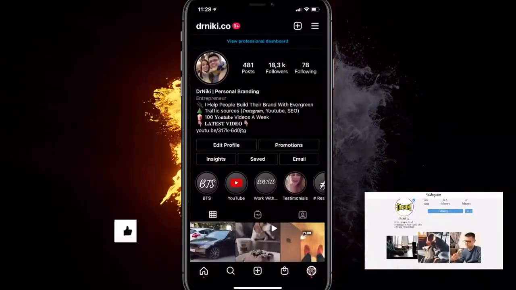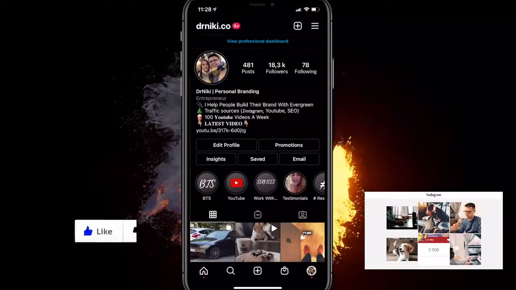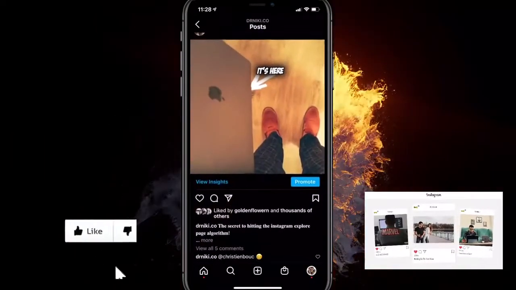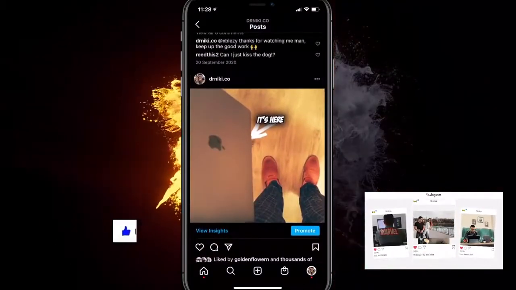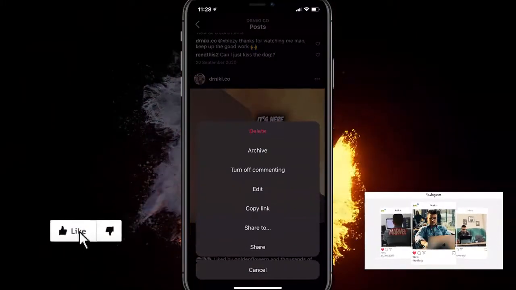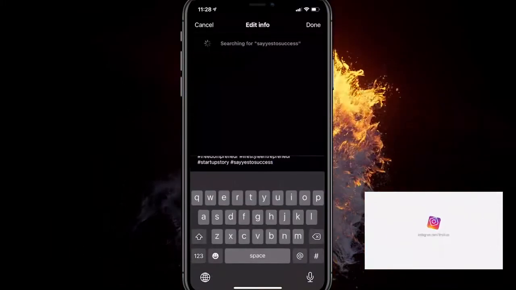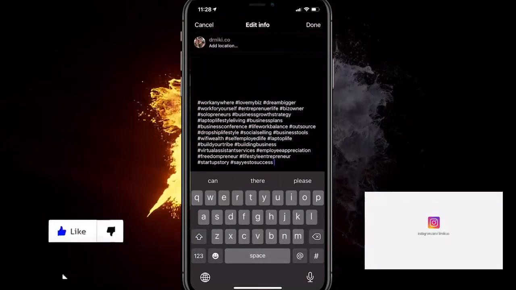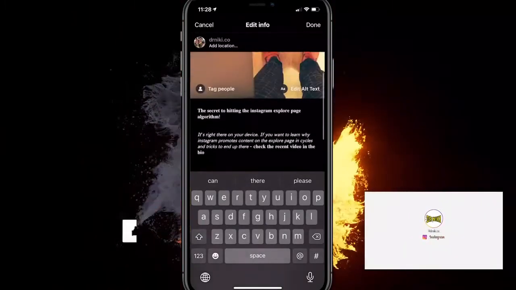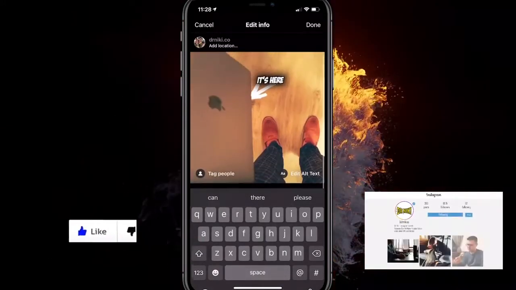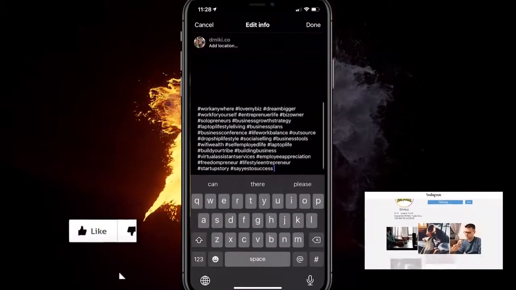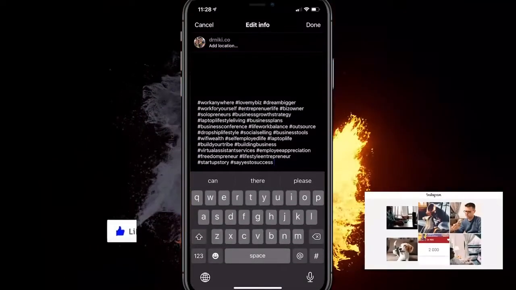So let's try to change the Instagram picture after we posted it. For example, one that I posted a while ago. I'm not that active on this Instagram account, but click on the three dots right here, click on edit. As you can see, you can change and edit a lot of things like the hashtags, the caption, the alt text. You can tag people, but unfortunately, no matter what you click, you can't really edit or change the Instagram